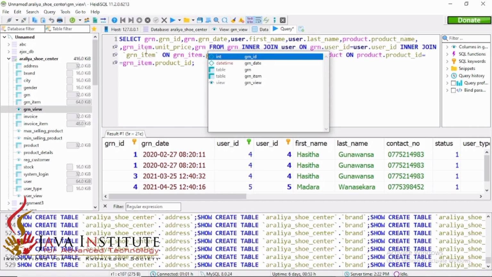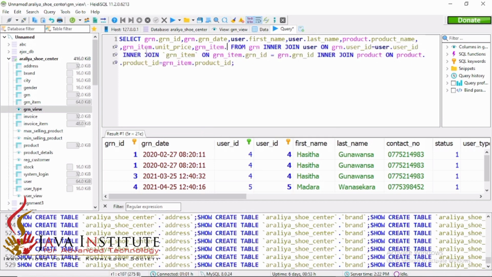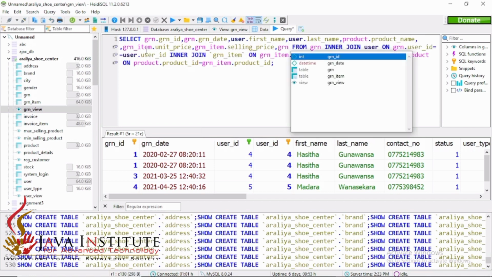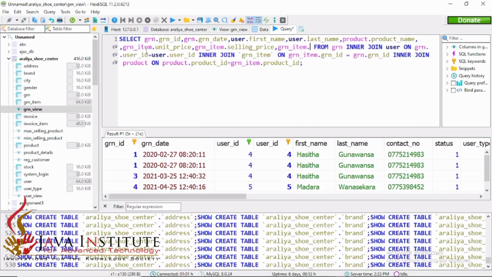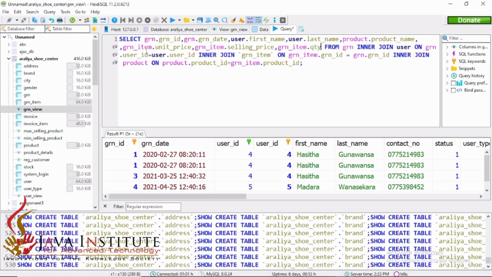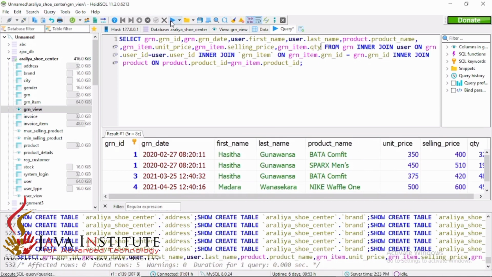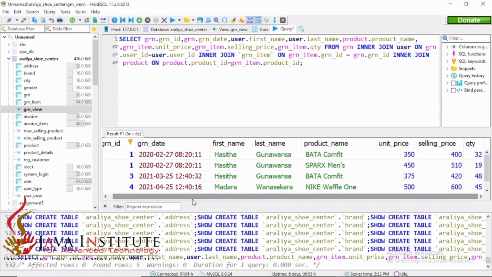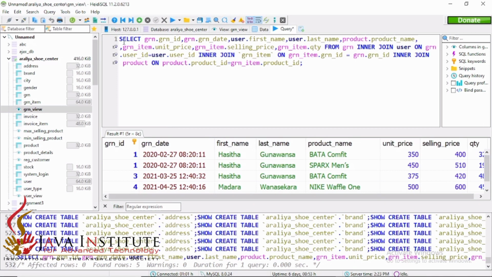So here this is the GRN item table. We have to find out the selling price here, and from the GRN item table we have to find out the quantity also. Okay, so then let's execute this. So we can see all the details. This Hasita Gunavansa and Madara Vansekar, all these things are coming to this result set area.